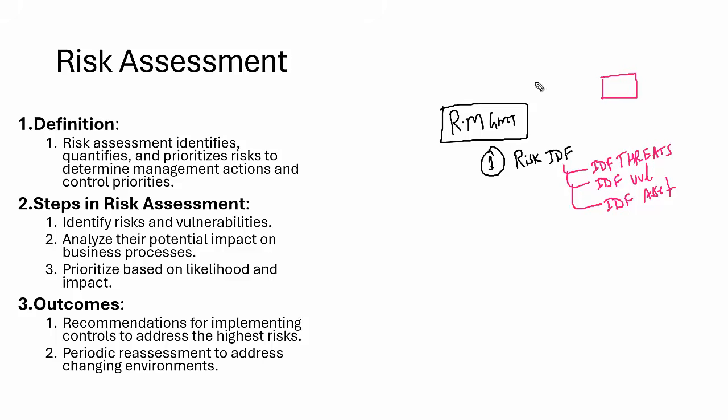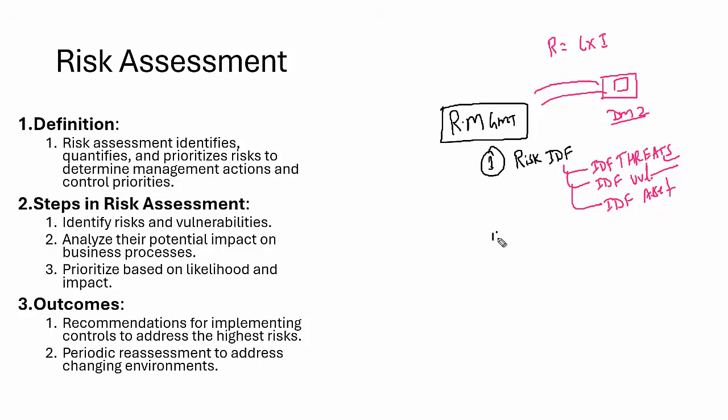We identify threats. What is a threat? A threat is an action which triggers. So one of the threats, I'm assuming the server is on the DMZ, can be a DoS attack on the DMZ. And what is the chance of this threat being successful? This DoS attack can shut down my server within 30 minutes and we don't have any backup. Vulnerability is that there is no backup. Vulnerability is that we don't have a load balancer. Vulnerability is that there is no firewall. So the vulnerabilities are there. We have a calculation formula: risk equals likelihood times impact. So in this particular stage, we just get visibility. We have some assets, some threats, and some vulnerabilities.